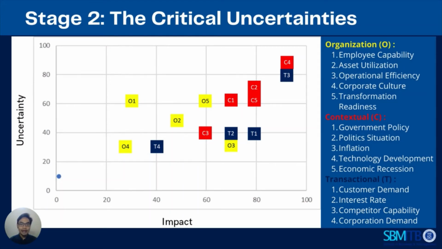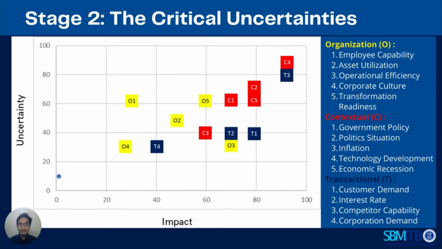After we find the driving forces that have an impact on Bank Mandiri's business, we can determine which driving forces are most critical based on the level of uncertainty on axis Y and the level of impact to the business performance on axis X. Through the critical uncertainty graphic, we score all driving forces from 0 to 100, where 100 means the most critical.